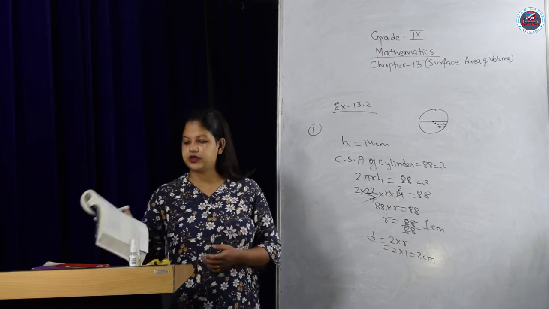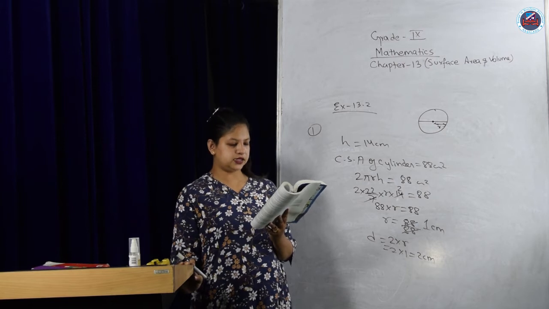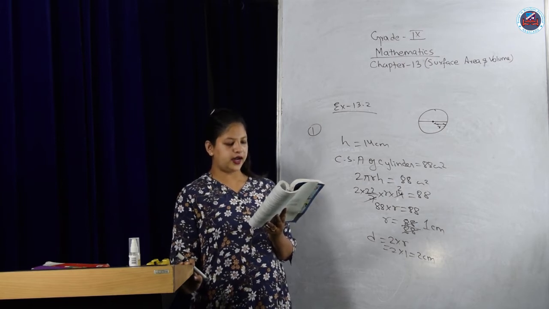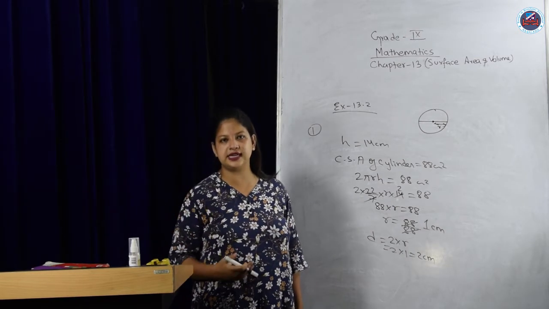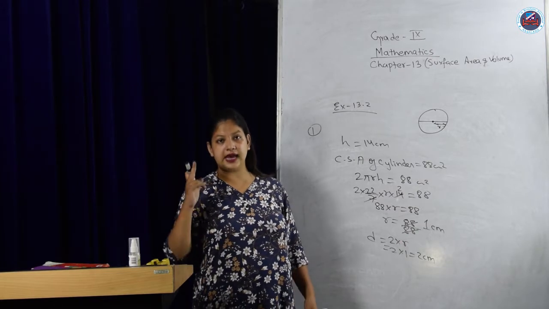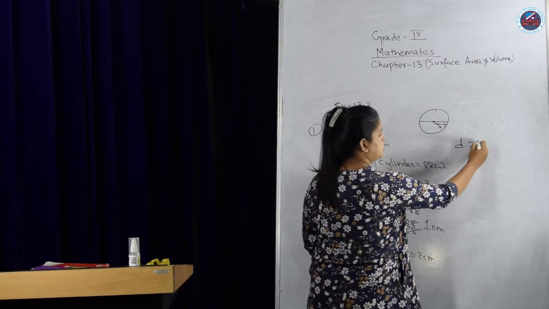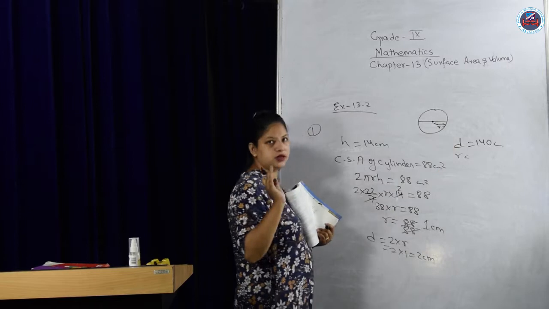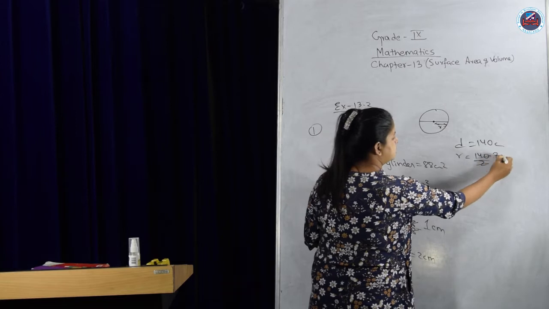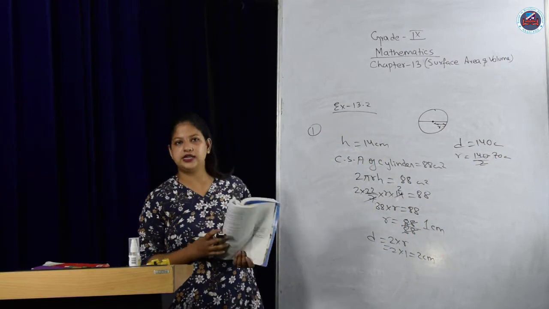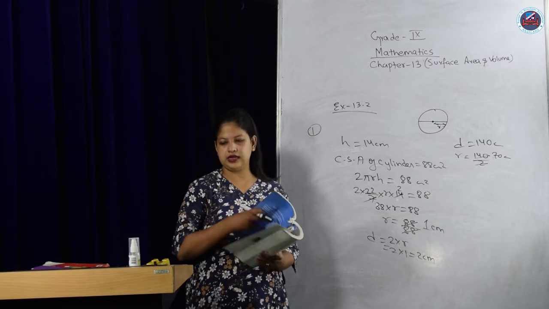Now similarly, let us go to question number 2. Your height is given, diameter is given. You are asked to find the closed cylindrical tank. Whenever the words closed cylindrical tank come up, they are asking for TSA. But the diameter is given, so you have to first find the radius. Write diameter 140 and find the radius, which is half of that: 140 divided by 2 is 70. Other things are given. Find TSA; you already have the formula. Number 3 you can do. Number 4, let me do it for you.